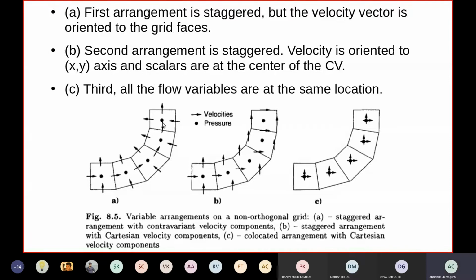So you can see that the u velocities are always perpendicular, or orthogonal, normal to the x faces, and the v velocities are perpendicular or normal to the y faces. So you can see here that, happily, configuration A is the better suited orientation of velocity. Okay.